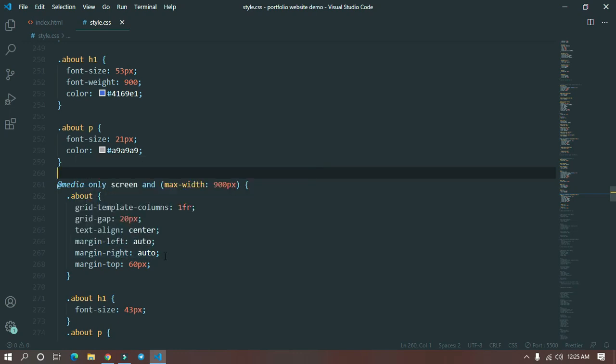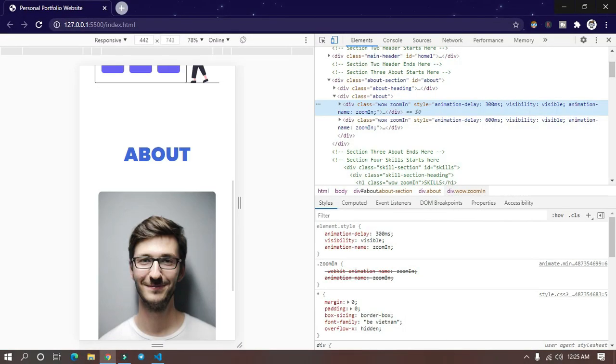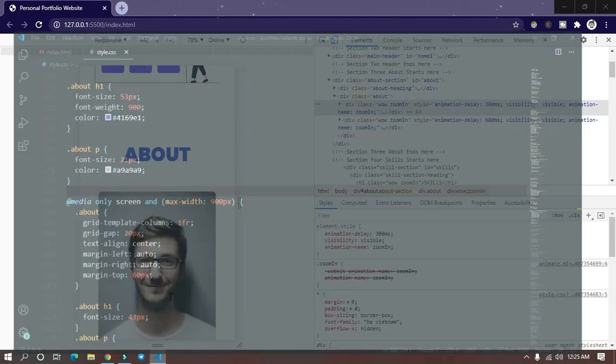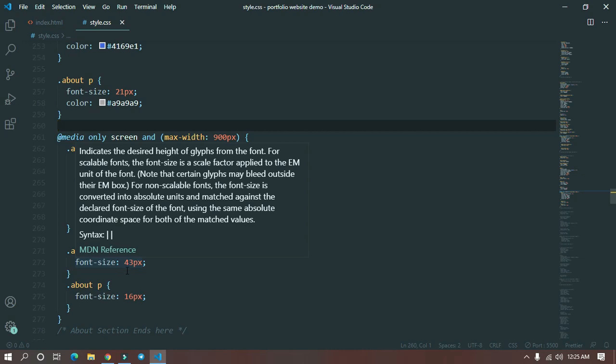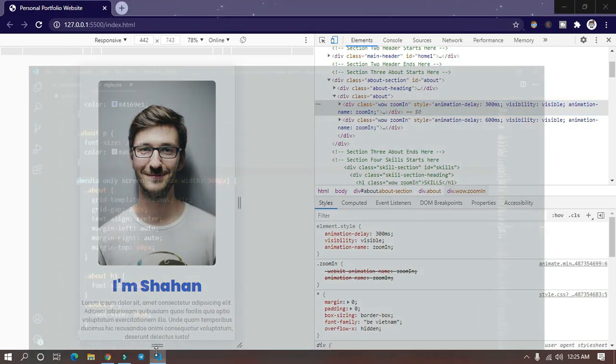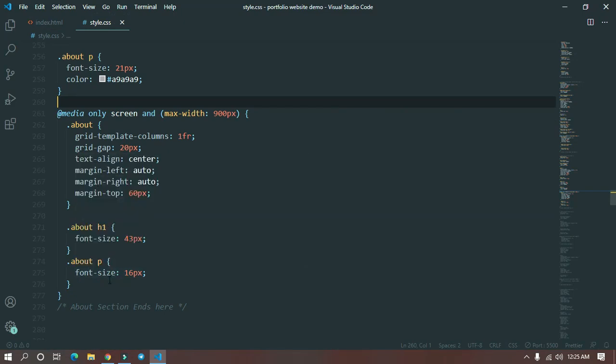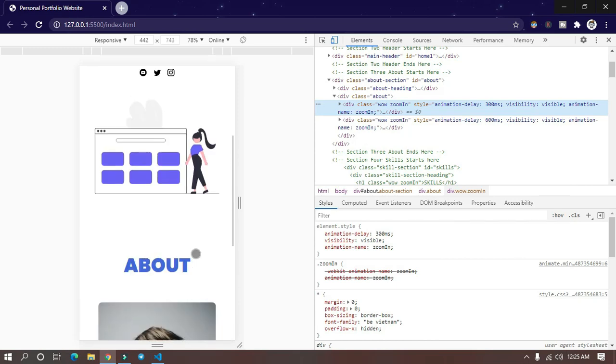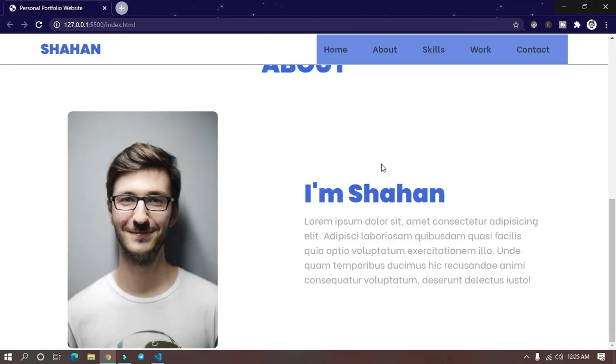Margin right also should change to auto, and margin top is still 60 pixels. The H1 should change to 43 pixels, and the paragraph size should change to 16 pixels. So this is how it looks on mobile.